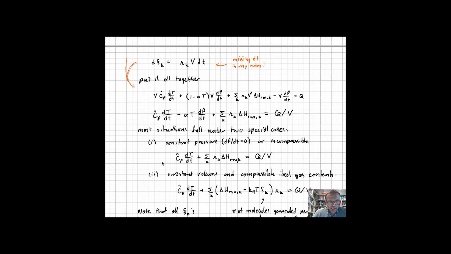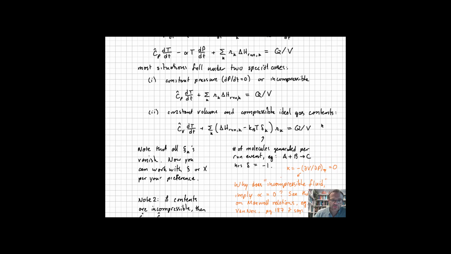In that case, you end up with the heat capacity times the derivative of temperature with respect to time. We only have our reaction enthalpy terms multiplied by their rates, equal to Q over V. Now the other case is when you have a constant volume reactor and you also have compressible ideal gas contents. Okay, things are going to be really complicated if you have non-ideal gases. All right, but if we have this compressible gas situation, then we take the heat capacity at constant volume